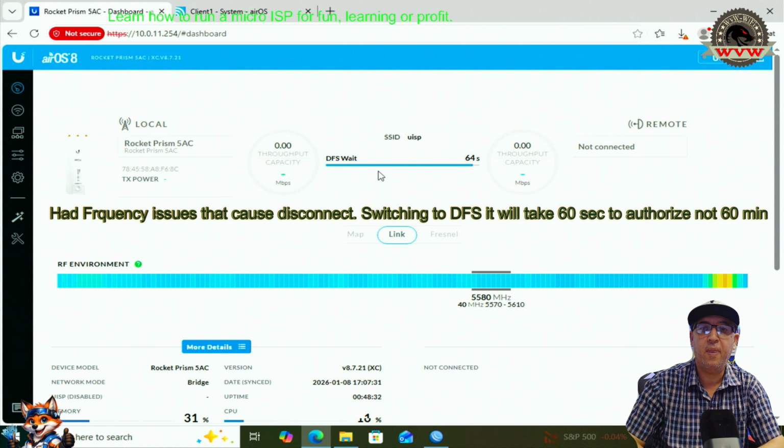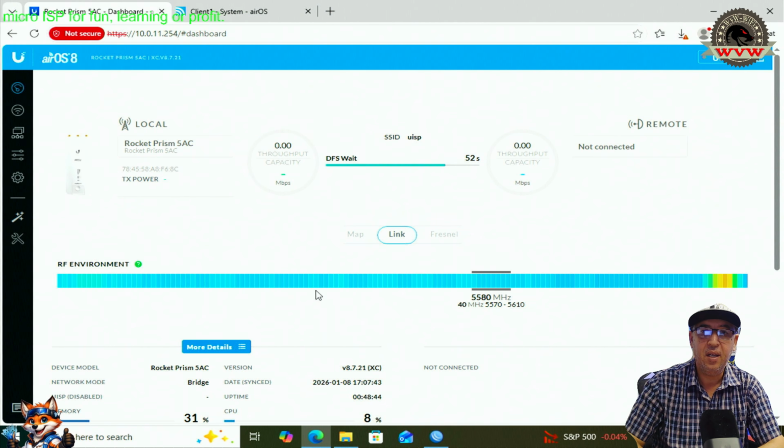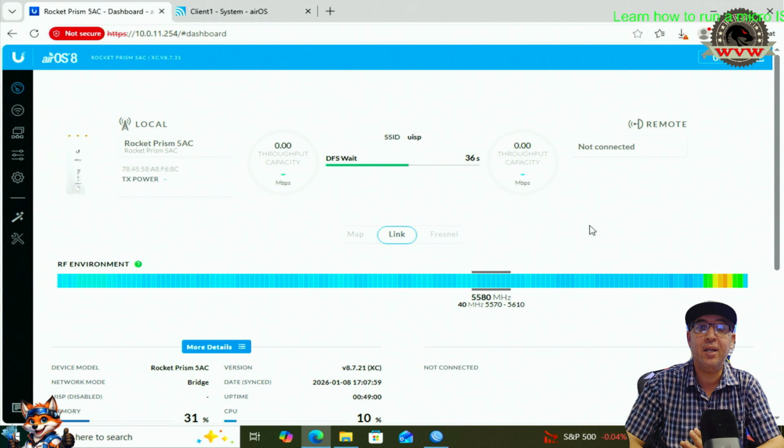DFS usually takes about 60 minutes or so to connect. It's gonna scan all the DFS frequency, dynamic frequency selection. It's frequency that has been used by radars and everything, but yeah, we can use it. But the problem, once the radar kicks in, you have to be out. There's a way to fix that issue, because sometimes when the radar kicks you out, you'll get stuck at a bad frequency, which is the lower side, and then you have to physically